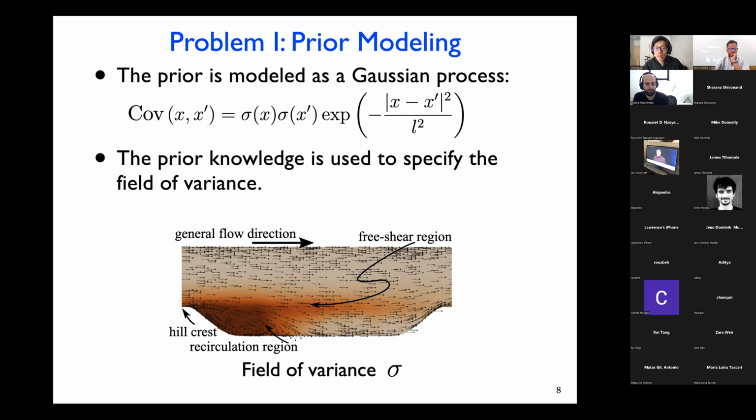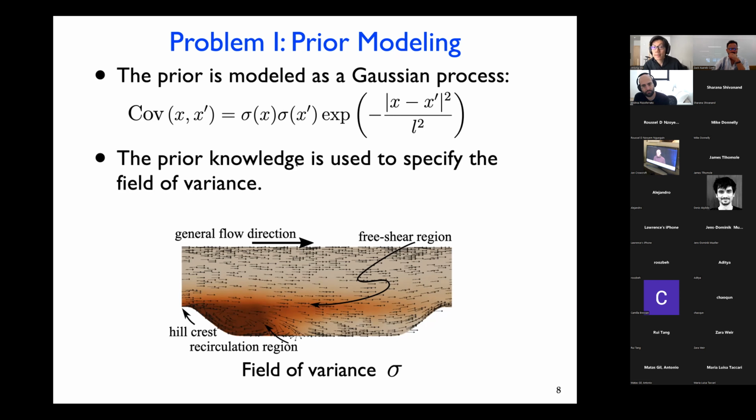For example, we know that for this type of flow, we have recirculation regions here, and we have free shear layer regions here. For both regions, the RANS models would not perform very well, and we assign larger values for